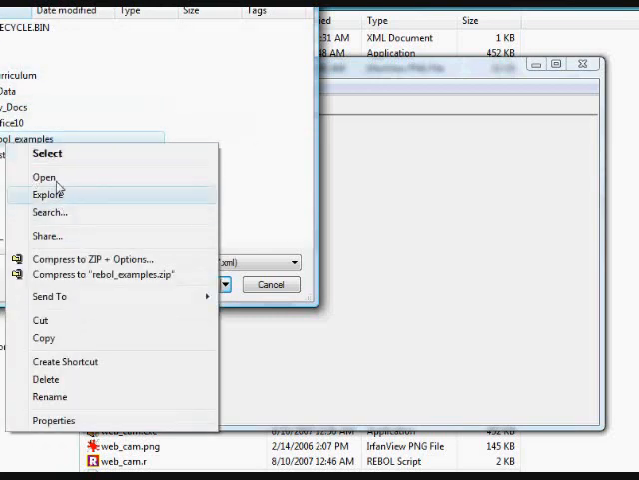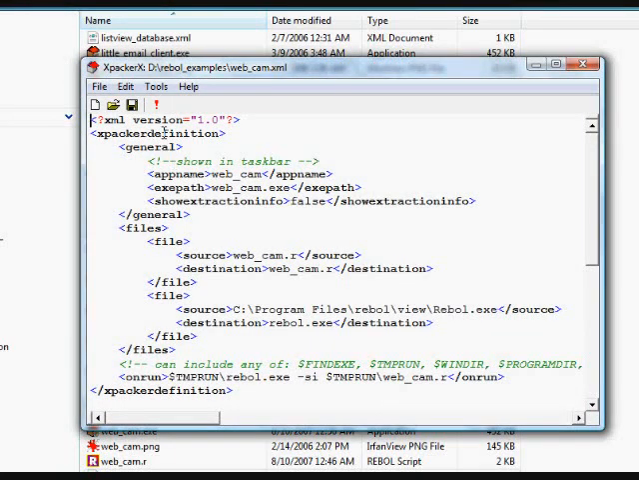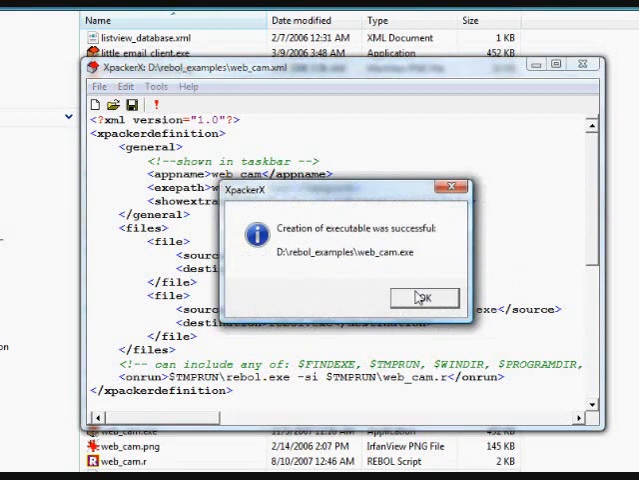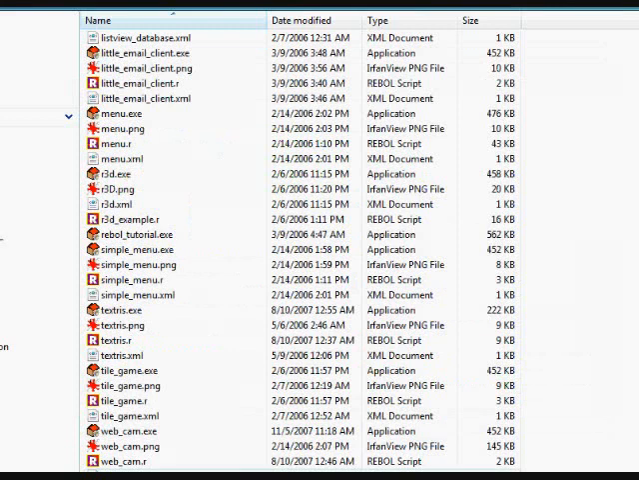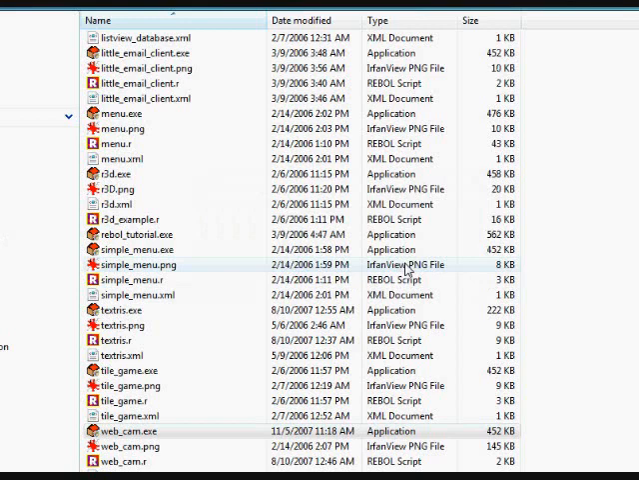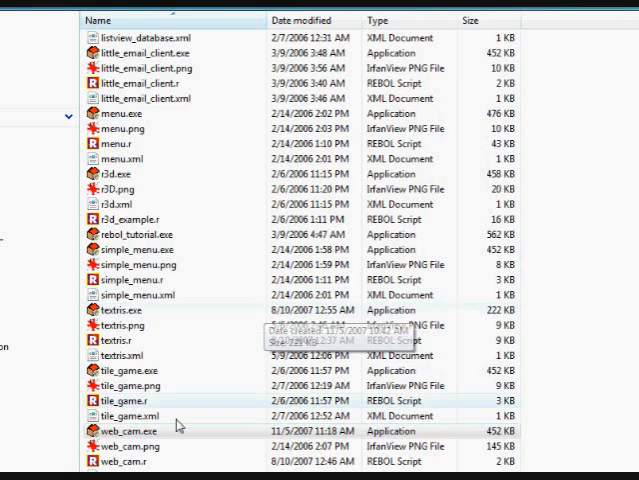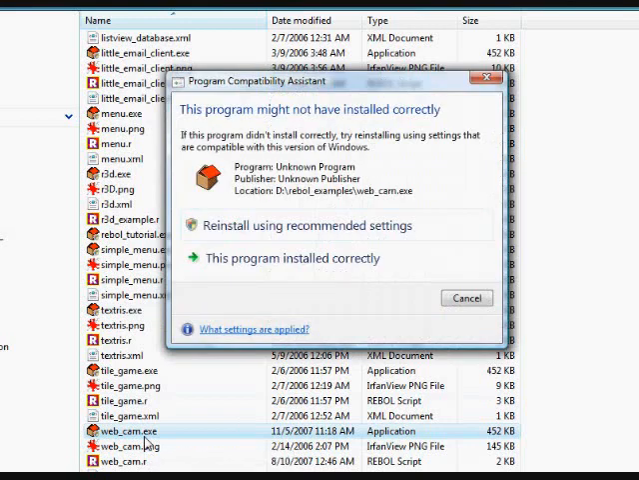Examples. Webcam.xml. And there we create a little file and make an executable. And now if we look in that example file, we'll see webcam.exe. Run it, and it runs just like the script that we created. And that executable that's created by XPacker X, again, can include any other files, and people will